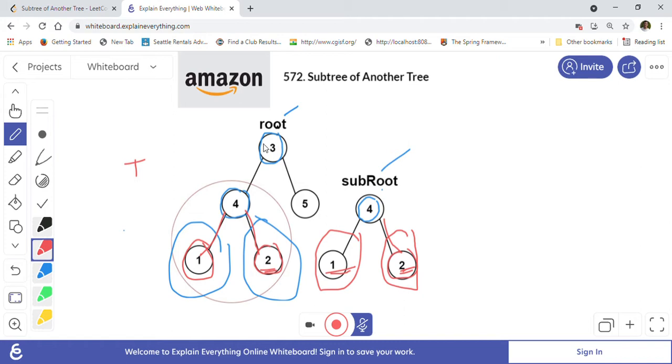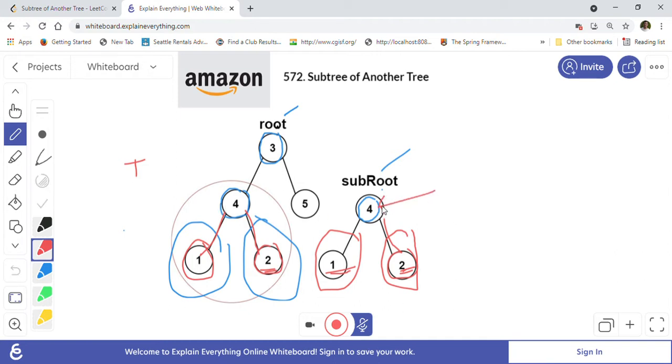So we will start with a root and we will go on to left or right. So both, we will have to check. If it's not there in the left side, then we will have to check on the right side as well. So we will start like that and then we will keep checking this root's value.